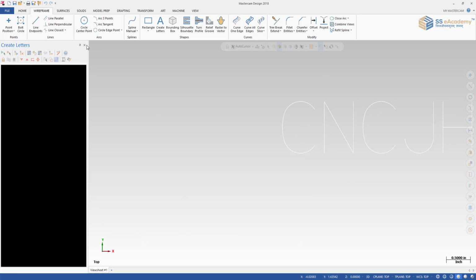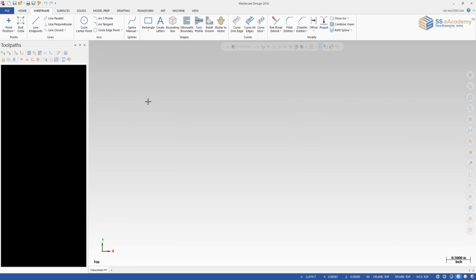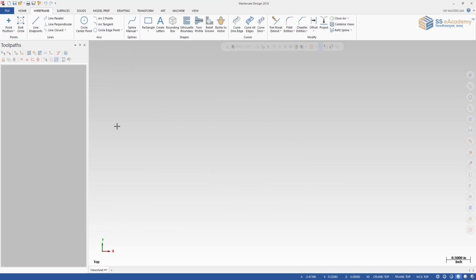You can change it from font and take black. Click on OK. And you can also make a change to your background color, as previously we have defined it as gray. Likewise, after completion of all these tasks, the auto cursor option will be displayed over here.